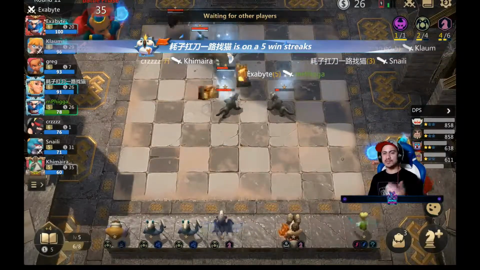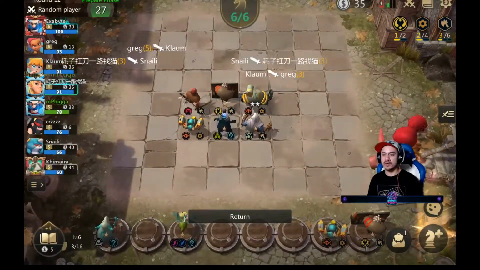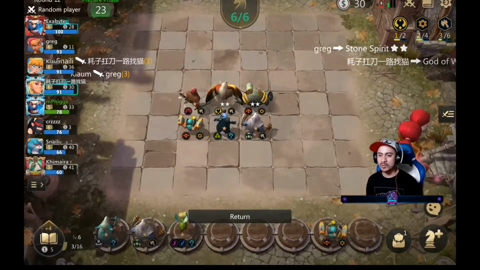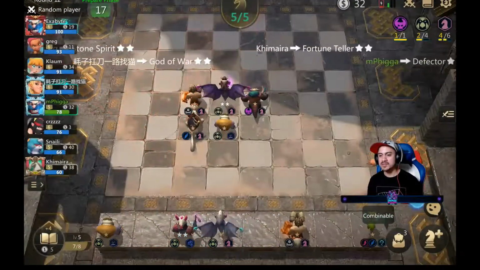And this is Exabyte, who's in first position. You can see those are predominantly 1-star units that beat us there. And that just shows you sort of how weak our team is at the moment. He only has 1 2-star unit. Now he has 2, but he only had 1 at that stage, and he still walked through us quite comfortably. So don't worry, we do pick up our level 2 defector, so maybe it's now time that we could put